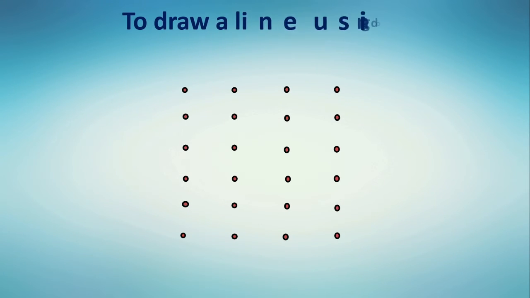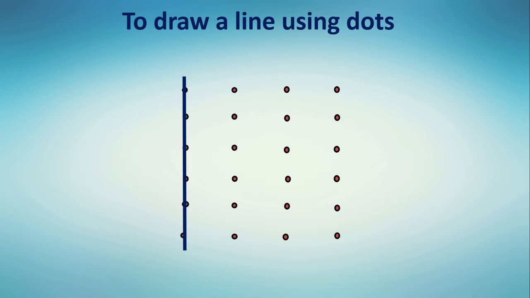Now we can draw a line by using dots. Here you can see dots, so many dots you can see, right? By joining these dots we can draw a line. See this. Here all these dots are joined by a single line and we got a standing line or vertical line, isn't it? Now here one more vertical line. Like this you can draw a line by using dots.